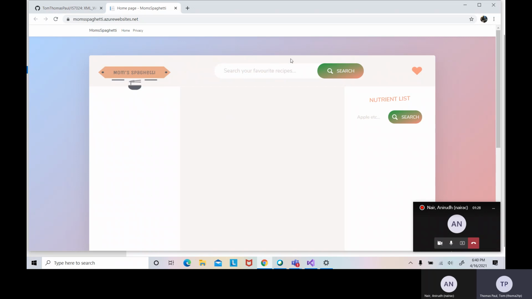So this is our page, and we have hosted our project on Azure. This is the search bar where we would search for our favorite recipes. Suppose we search for pizza here.